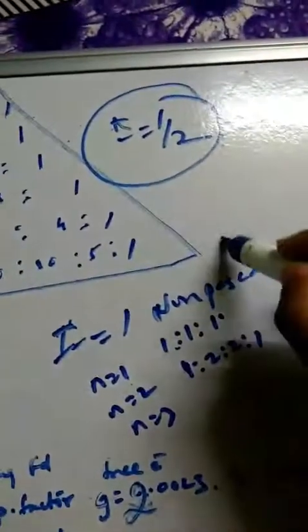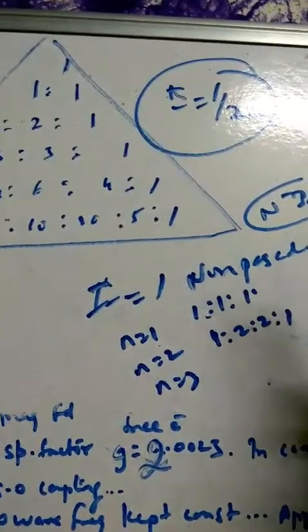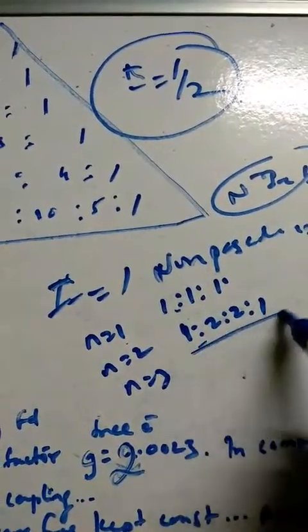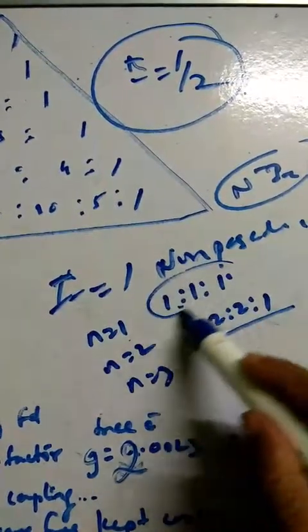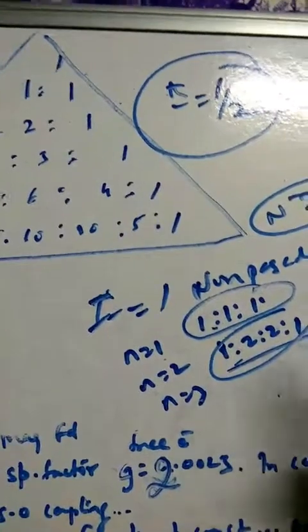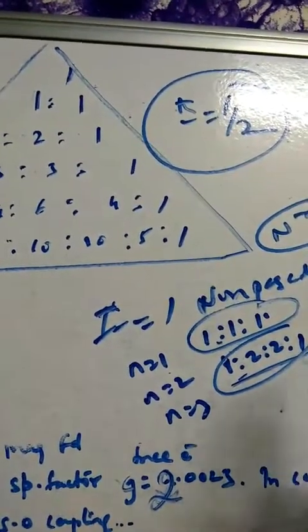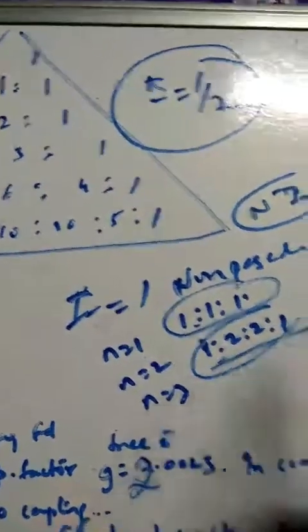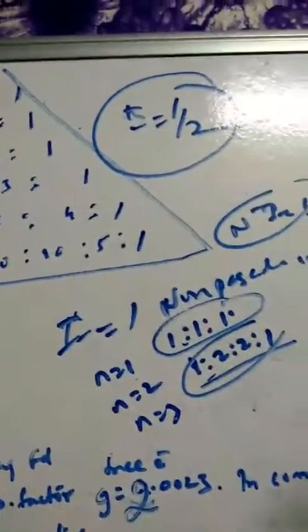And when there is I equal to half, the intensity whatever you are going to get will follow Pascal's rule. If it is not like that, for example nitrogen-14 with I equal to 1, giving 3 lines, then it will come like this. So 1:2 in this intensity if n is equal to 1, like this. If it is 3, then it will come 1:3:3 plus 6, 9:6 like this. So it is a typical pattern. In this way we get it.